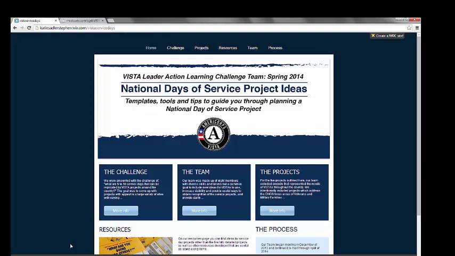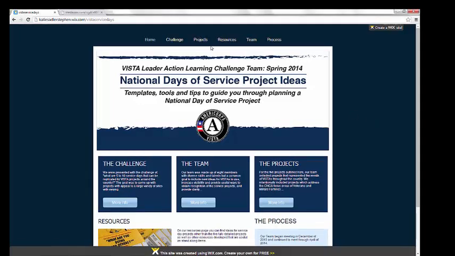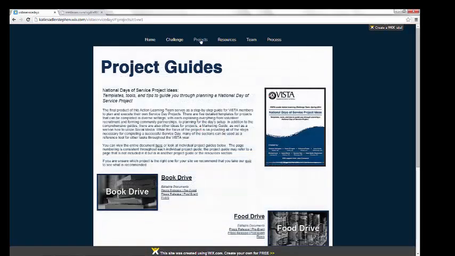There are also two other pages on the navigation bar, the projects and the resources, and those two pages contain the bulk of our information. I'm going to skip the resource page right now because Lexi is going to go back and talk about that, and just go straight onto the project page. So I'm going to start with our project page, which if you're looking at the website is the link at the top, sort of in the middle.